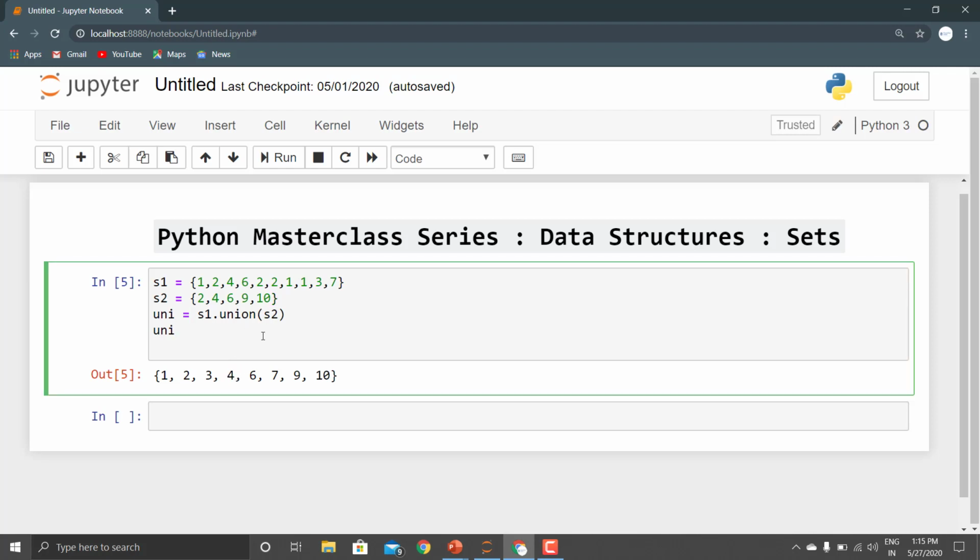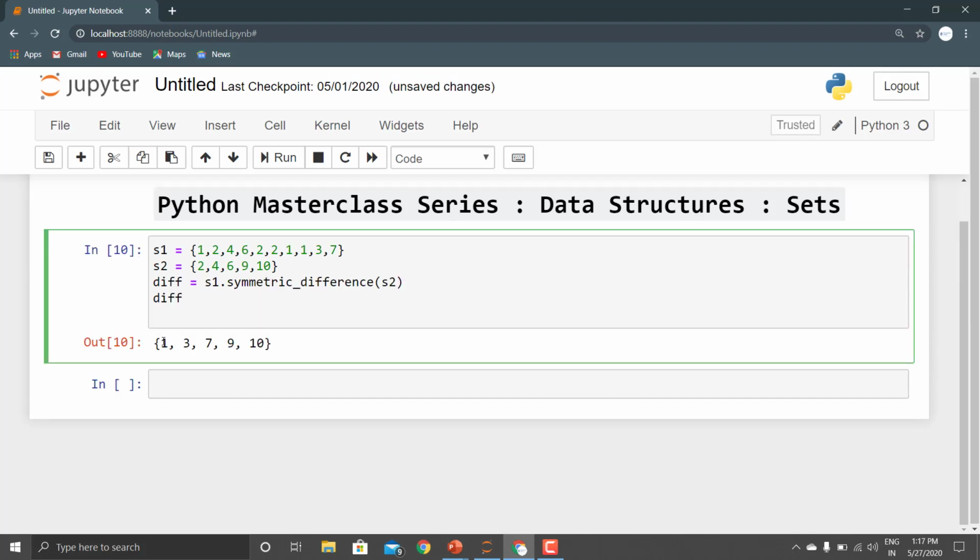Okay guys, now let us move to the function difference. Basically, now we are getting those elements which are different between this set and set 1. Only 2 4 6 are common between them, so we are not getting those elements. Now suppose we remove these elements.